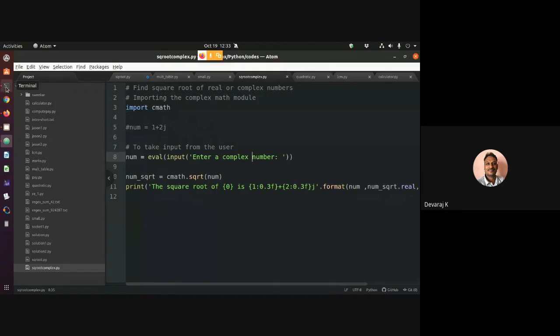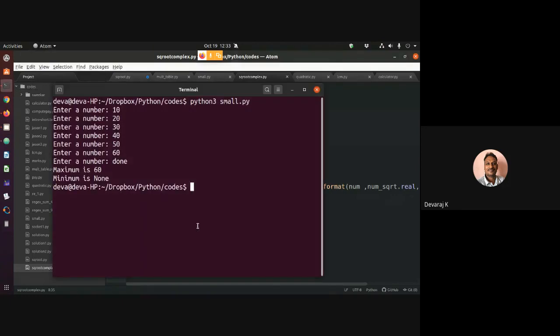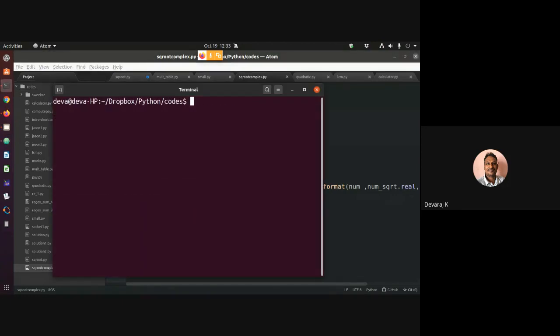Now if I try to run this code, that is python3 sqrtcomplex.py, it asks to enter the complex number. There should be a real part, that is 2 plus, let it be 8j. I'm giving a complex number, with the imaginary part.